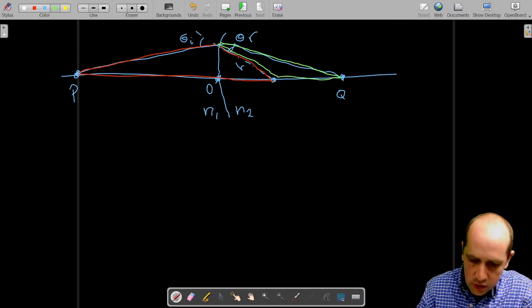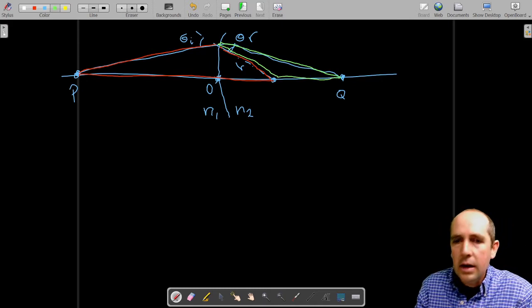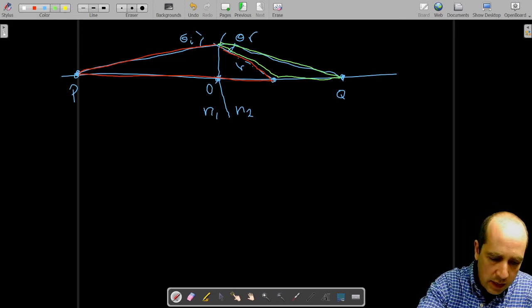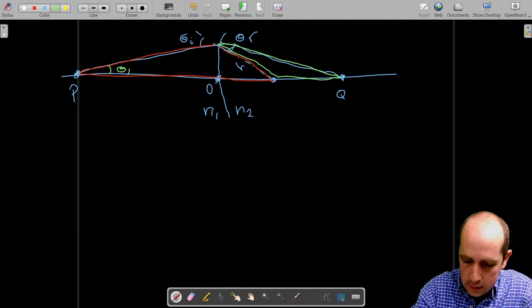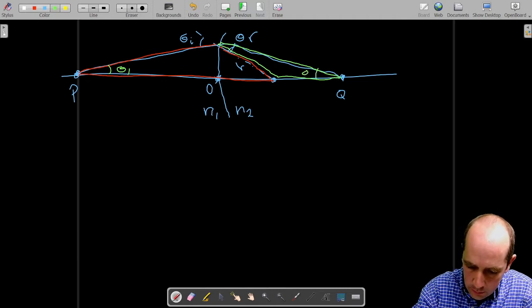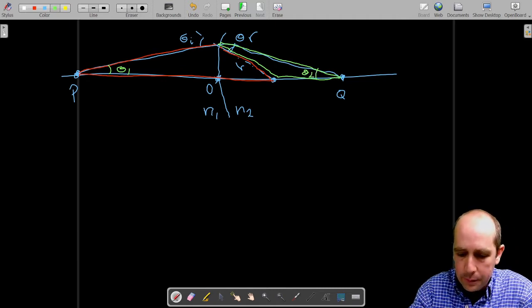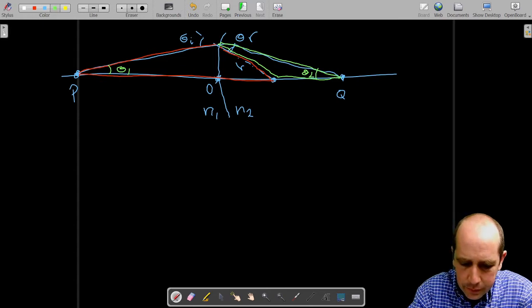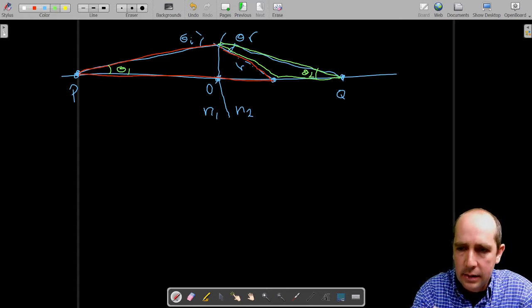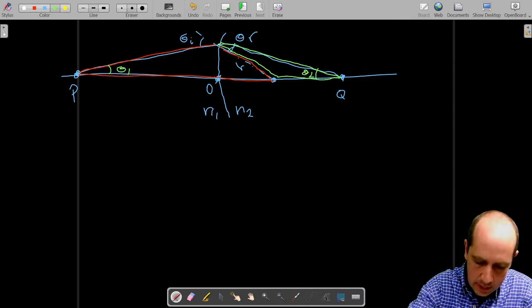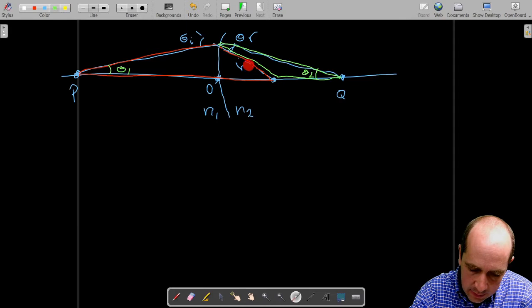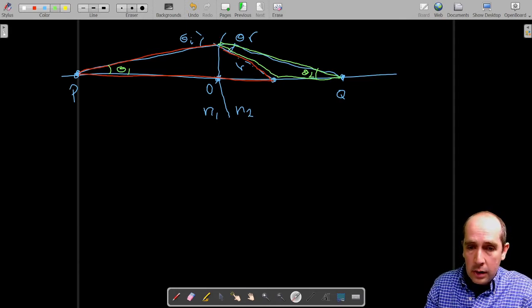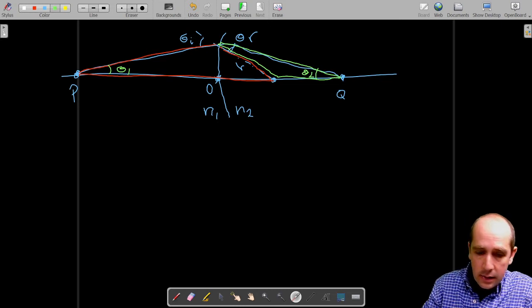Okay, they both share a side, and we will give names to the angles again. So this will again be theta 1. This will now be theta 2. From this schematic, we see that these two triangles, which are not rectangular by the way, share this side over here. So from the law of sines,